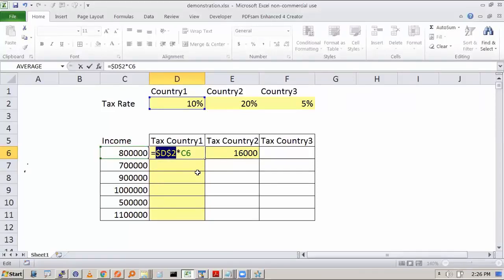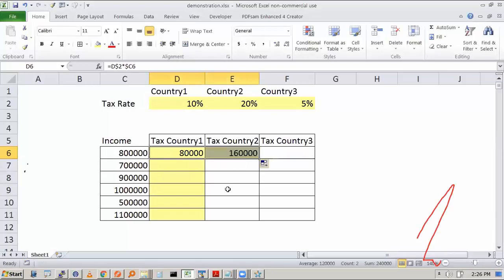Okay. So we are saying I will put, sorry, we don't want to fix that. We want to fix this, right? So we want to fix $C. Before C we want to put the dollar sign. So $C is fixed, and now we'll see what will happen. I will drag this. Okay.